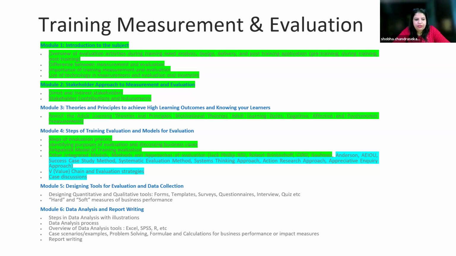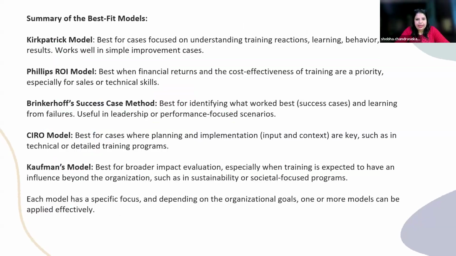So from morning today, we've been talking about various evaluation models, which we'll continue to do. A quick recap of what we have done so far, the best fit models. Kirkpatrick is best for cases focused on understanding training reaction, learning, behavior, and results. It works well in simple improvement cases. Phillips ROI model, when financial returns and cost effectiveness are a priority. In such cases, you will use Phillips where it is possible to, and it's a priority for sales or technical